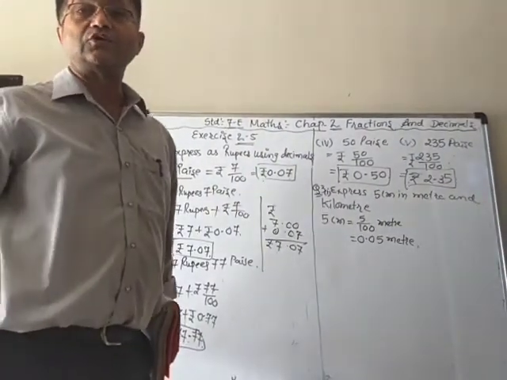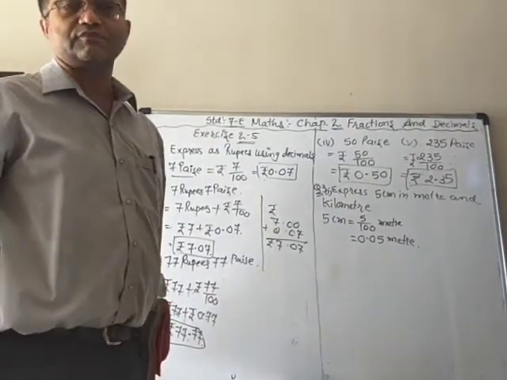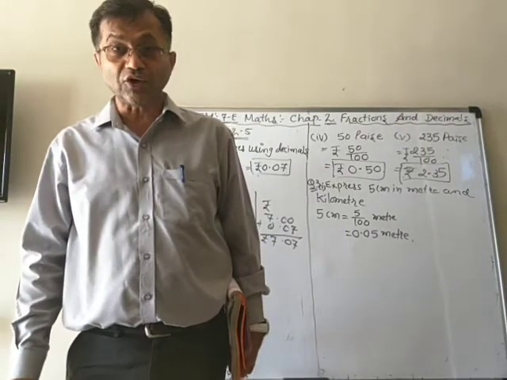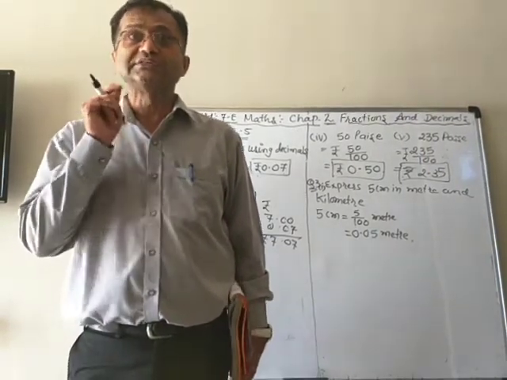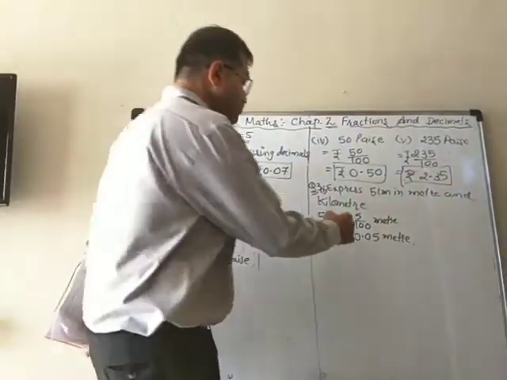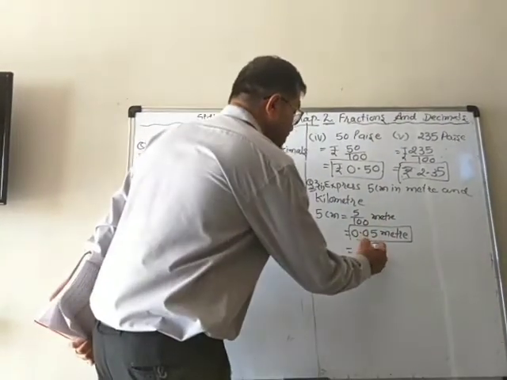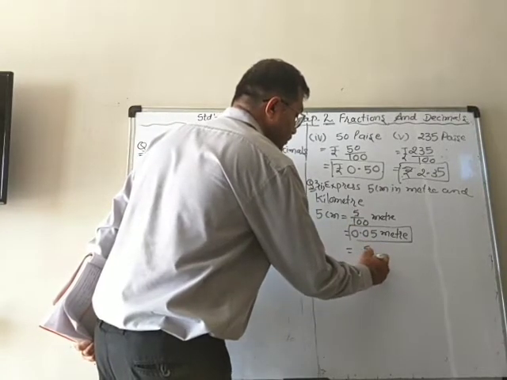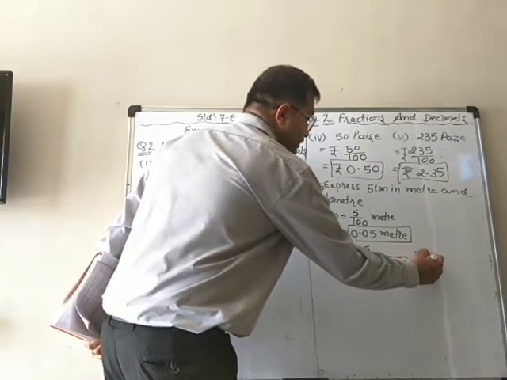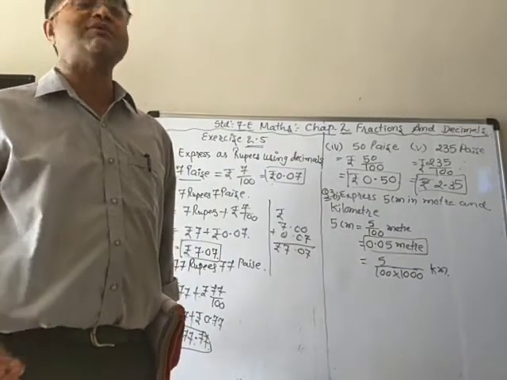Now again we have to convert it into kilometer also. To convert it to kilometer, we know that 1 kilometer is equal to how many meters? 100 or 1000? 1 kilometer is 1000 meters. So we have to divide again by 1000. So that is the first answer, and then again we divide by 1000. So we can use 5 upon 100 multiplied by 1000 in the denominator, that is the kilometer. So again we have to divide by 1000.